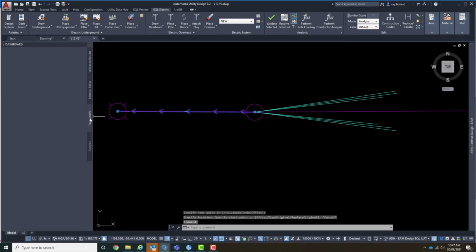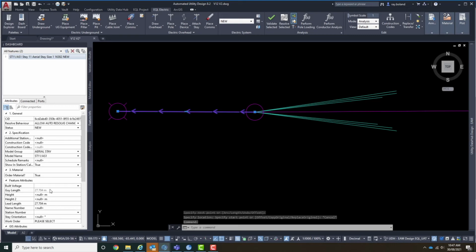Our engineering group has asked to make sure that whenever we put a stay on, it is actually on the ground, just so that a designer has to make a conscious decision and actually look at the design manual to determine the best point or the proper point for that stay. If I look at here, I've got my stay height. That's my takeoff pole, height 1. I'll set it at 9 meters. Height 2 is actually the height on the bollard.